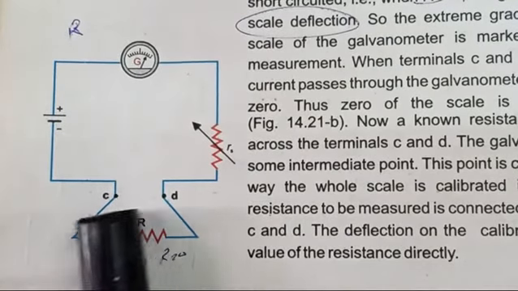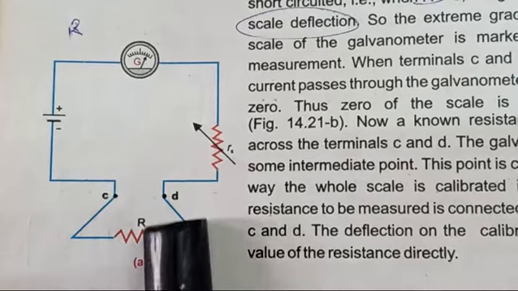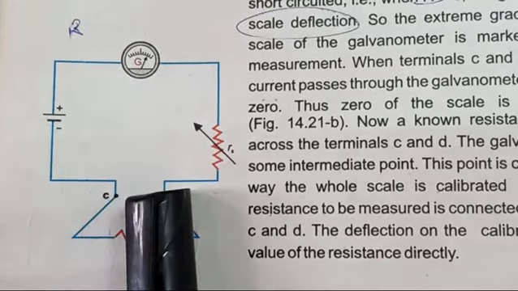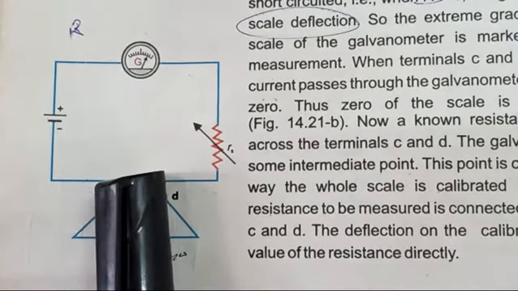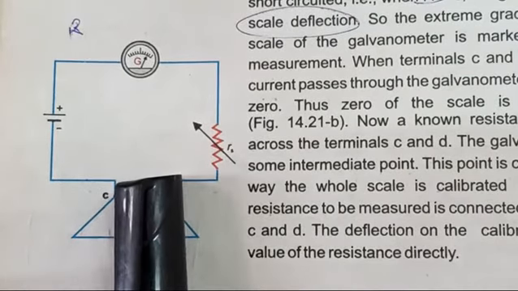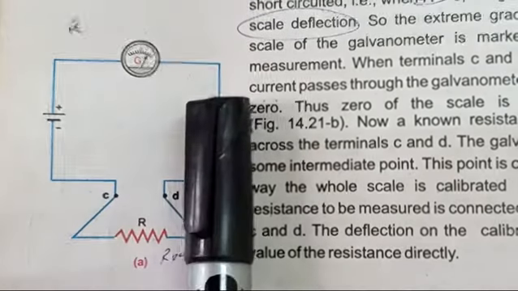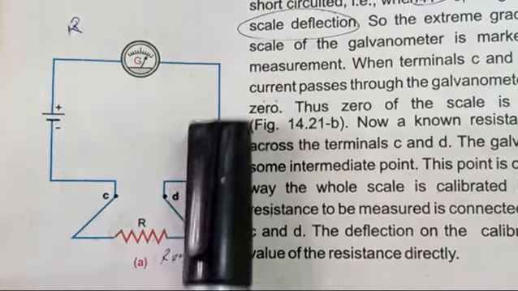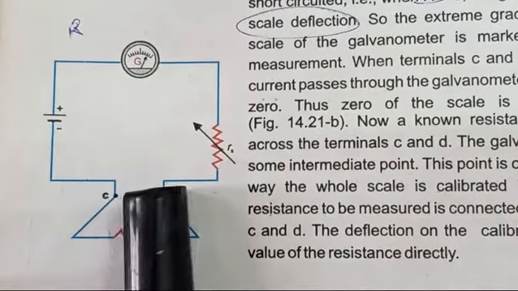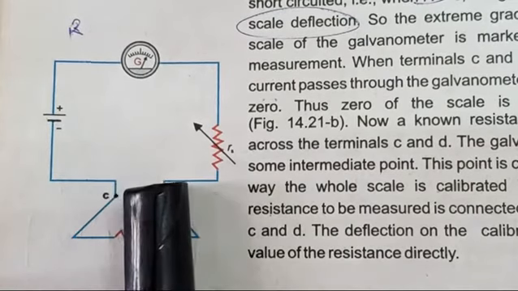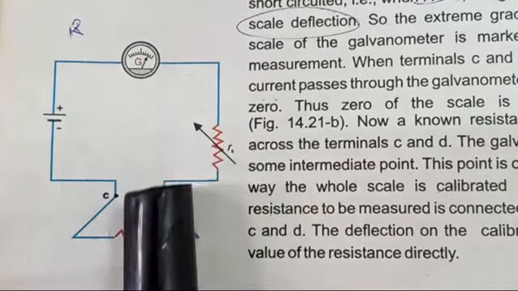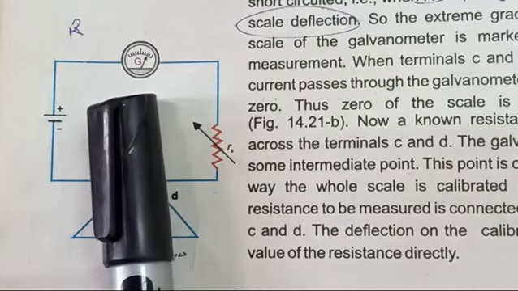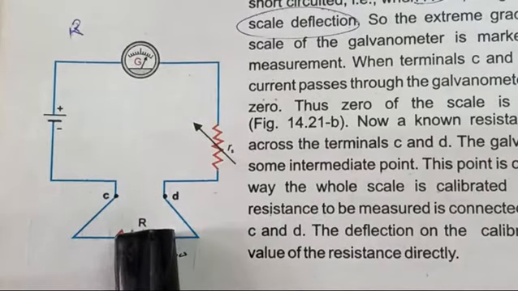Now an unknown resistance R is connected across the terminals C and D. When C and D are not connected, they are open. So in this condition, it is open circuit. Circuit is not complete. So when a circuit is not complete, it's open. Then there is no path to complete the circuit in the path of current. Then current is not going from D onward, as D and C are not connected with each other. So in this condition, when current is not flowing, the circuit is open, then galvanometer shows 0 reading. But now put a resistance to complete the circuit.